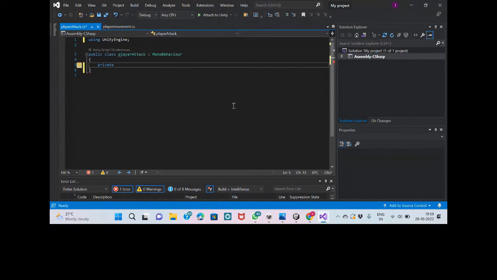Private float attack cooldown. I'm also serializing this so I could edit in Unity. Serialize the field. Also, just let me explain why I'm creating all this. Just a minute. Serialize field and private